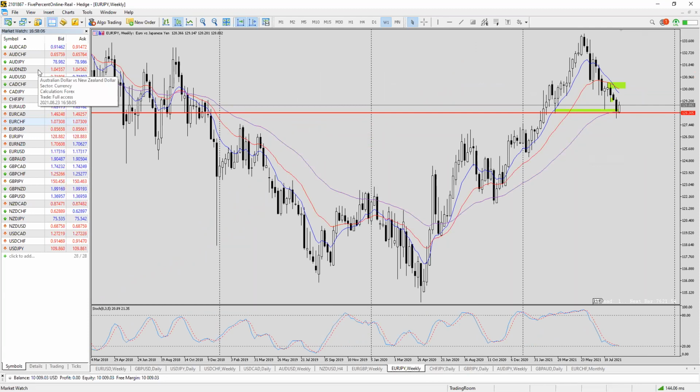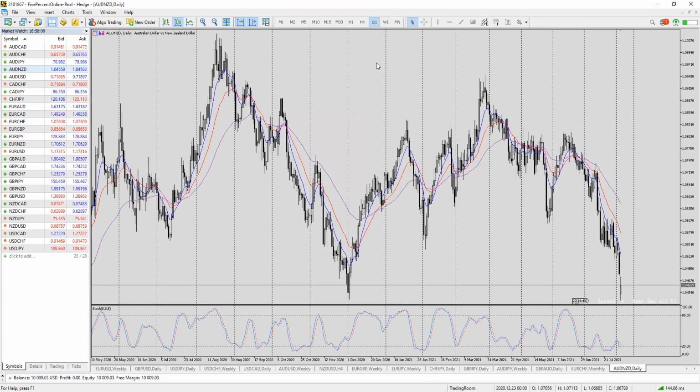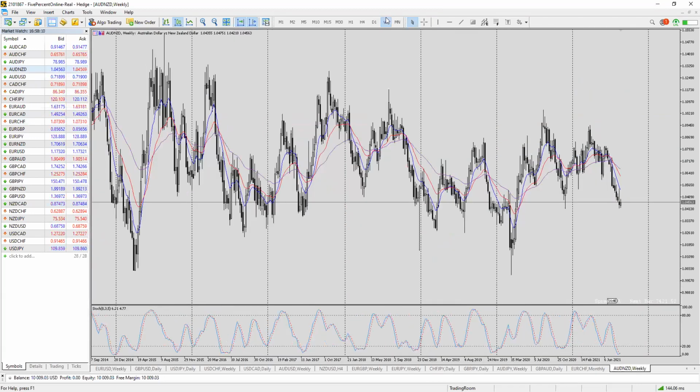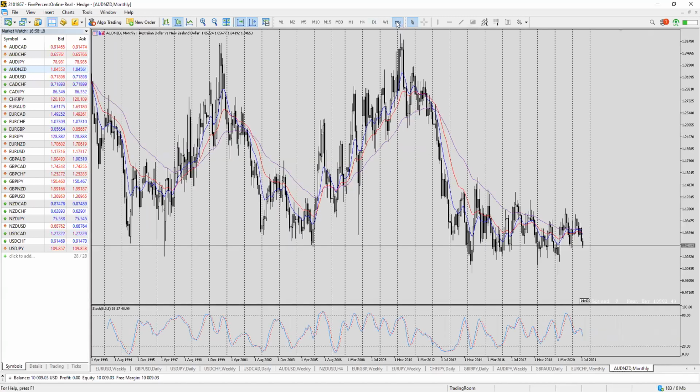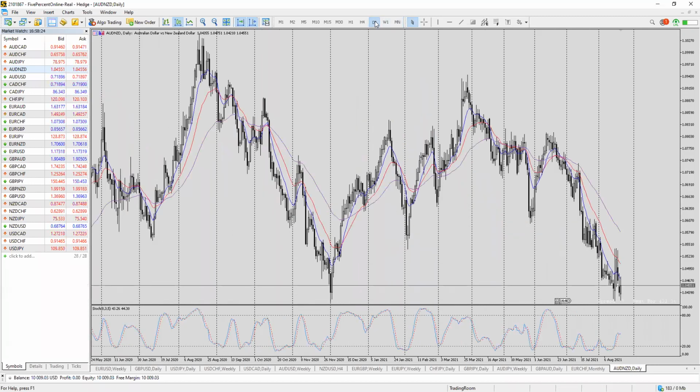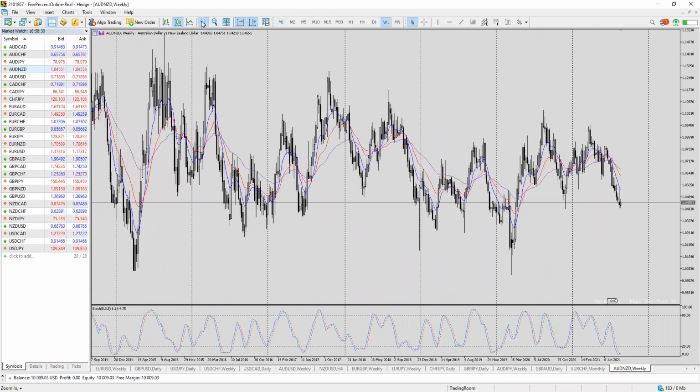Aussie Kiwi, let's just have a quick look. So yeah, Aussie Kiwi looks like, well, the trend currently is down, at least on the weekly chart. Monthly chart obviously is very noisy, no clear trend on the monthly chart, but on the daily chart and on the weekly chart as well,